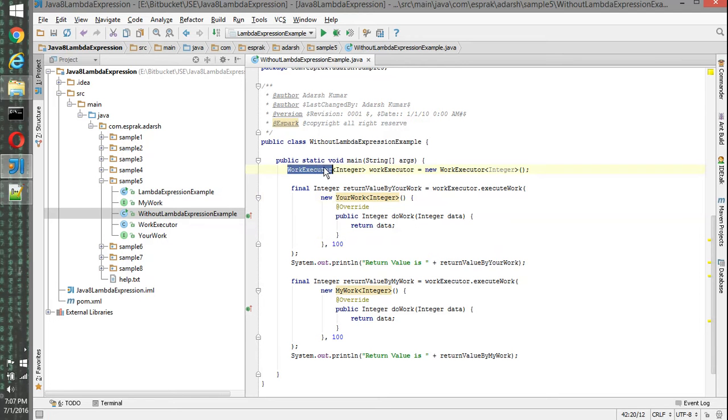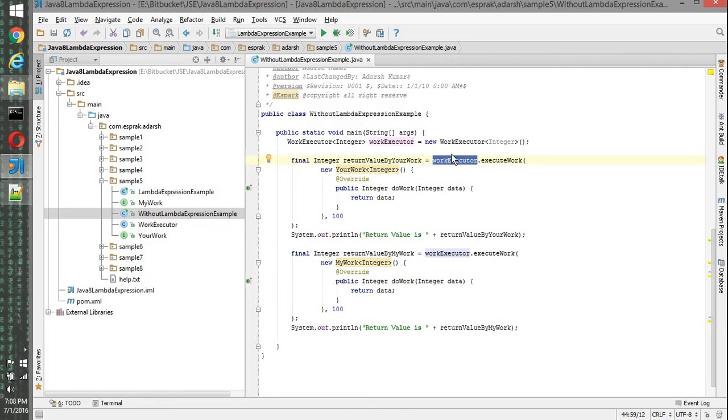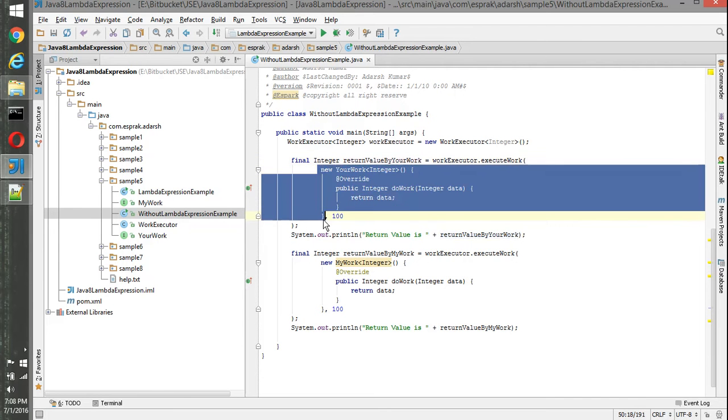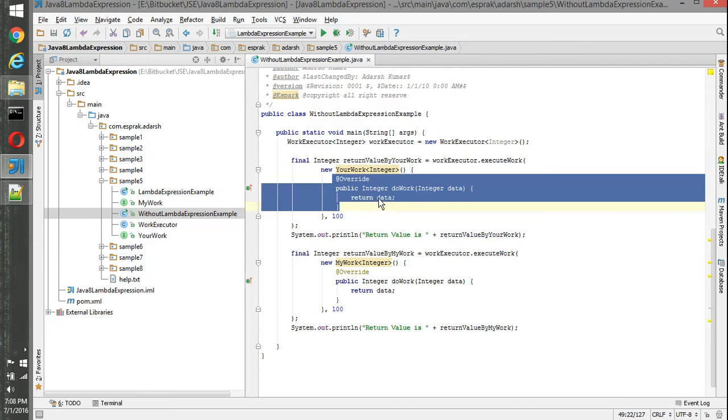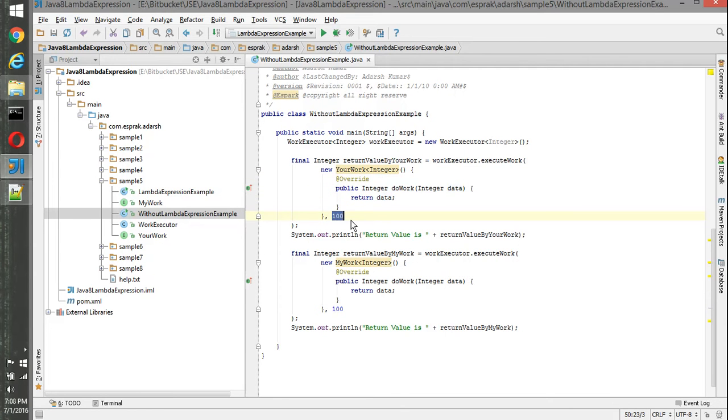I just created a work executor class instance bound with the integer data type, and this is the first method call where we capture the return value into a variable. We have created an anonymous class for your work, and we have given an implementation for the do work method here, and this is the argument which we are passing.